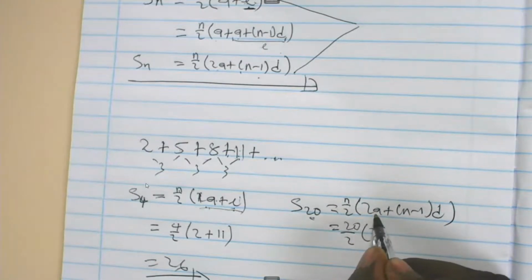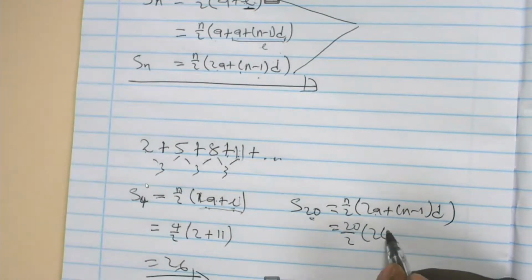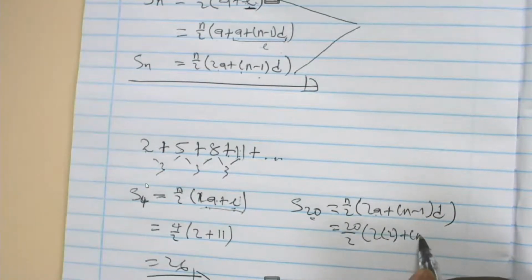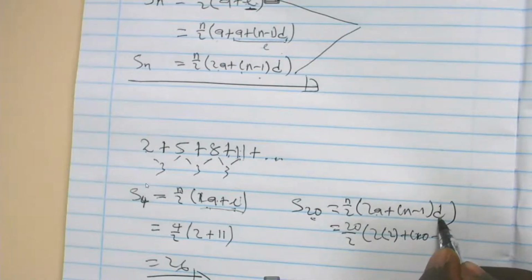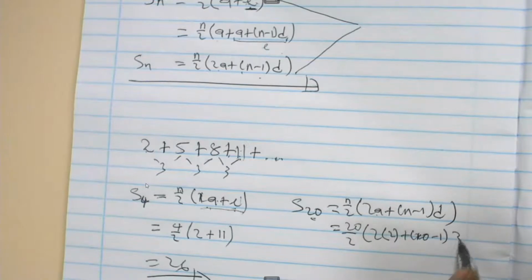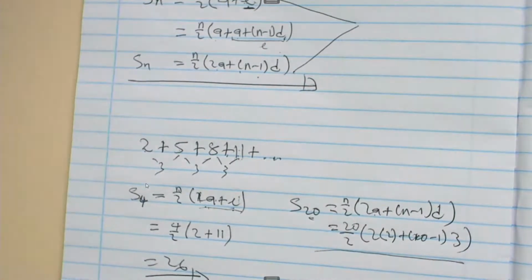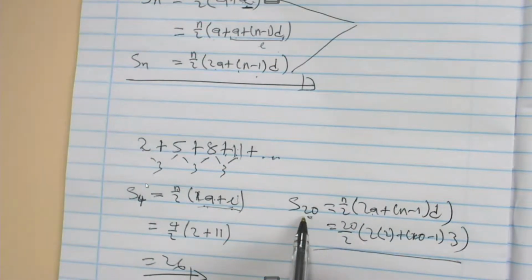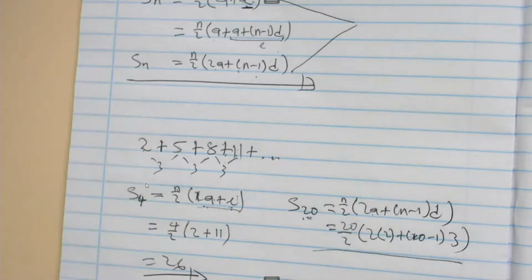The first term there is 2. Therefore this is 2 plus n, which is 20 minus 1, and then the difference between the terms is 3. Punching this on your calculator, you'd have found the sum of the first 20 terms of this series. Now let's have the examples under